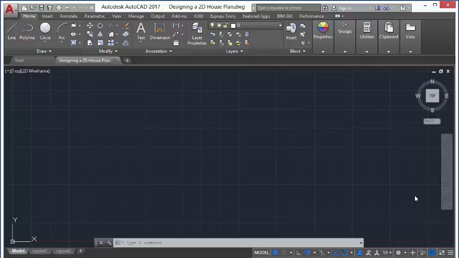In this tutorial, we're going to draw a house plan 30 feet by 20 feet. There are so many ways, so many methods to draw a house plan. But in this tutorial, we are not going to be strict on one method. All we need to do for the moment is try to draw a house plan, since this